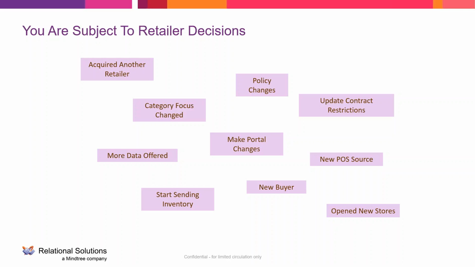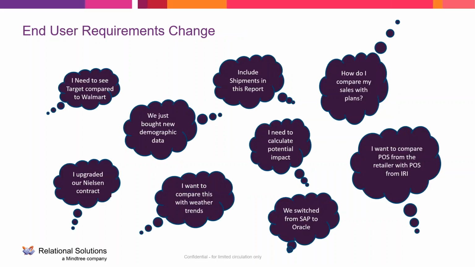Maybe you've got a new buyer that you're calling on, and that new buyer wants to see things a lot differently than your old buyer, and they may want to see profitability or margin in a different way than the old buyer wanted to. So if you need to make changes to those reports because of that buyer request, you're then stuck going back and making changes to that information. And again, when this is all done manually, it's why the bandwidth of these analysts is so slim. They don't have the time to manage all of these different changes that are occurring.